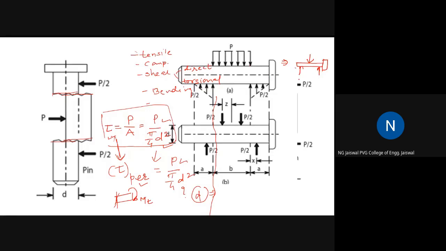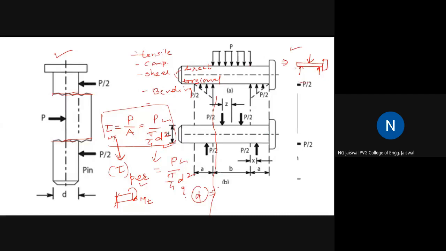Once we understand it can have bending, we identify the type of stress available. We also identified earlier that the pin can undergo direct shear. We also now are saying that the pin can undergo bending, right? So when we understood it was shear, accordingly we wrote some equations. Now when we are saying that the pin can also undergo bending, immediately I can write down the equation of bending stress.